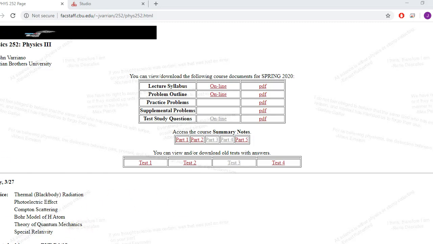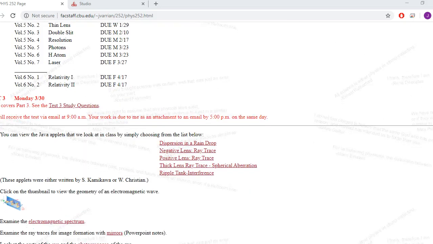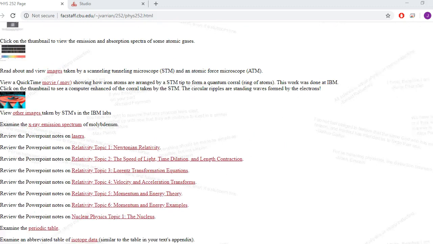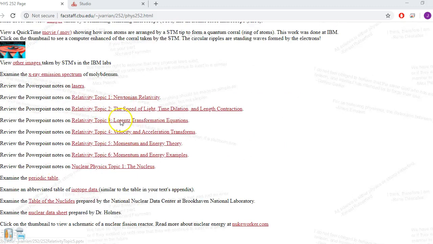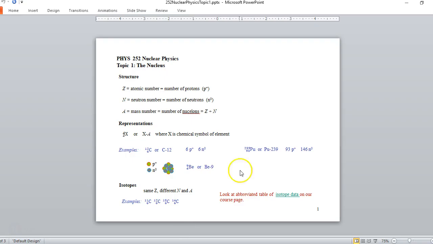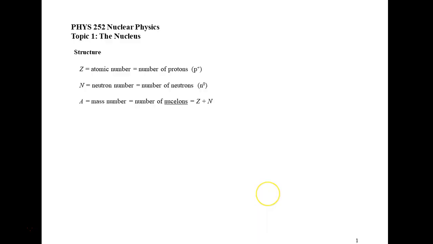So I just want to remind you, if you go to our course page, you can find the PowerPoints that I'm going to be going over right here. You see the relativity ones, and then here's the one I'm going to go over right now, nuclear physics topic 1, the nucleus. So you can download the PowerPoint and look at it. I've already done that, so I'm going to go ahead and do a slideshow so we can click through some